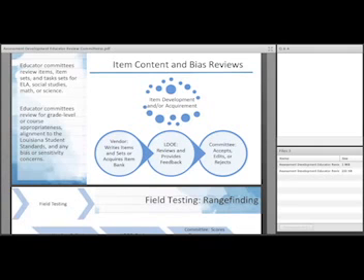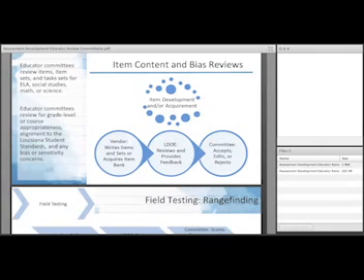Once those items are in really good shape, we bring them in front of committees who review for a variety of areas. Again, for grade level appropriateness, for alignment to Louisiana Student Standards, and for bias and sensitivity concerns.